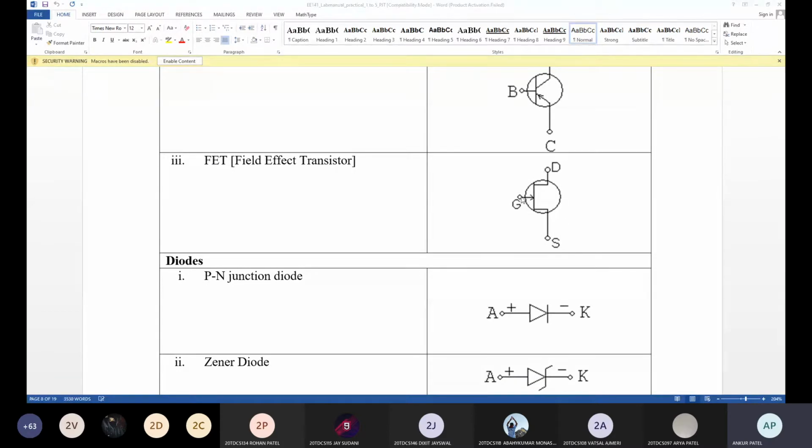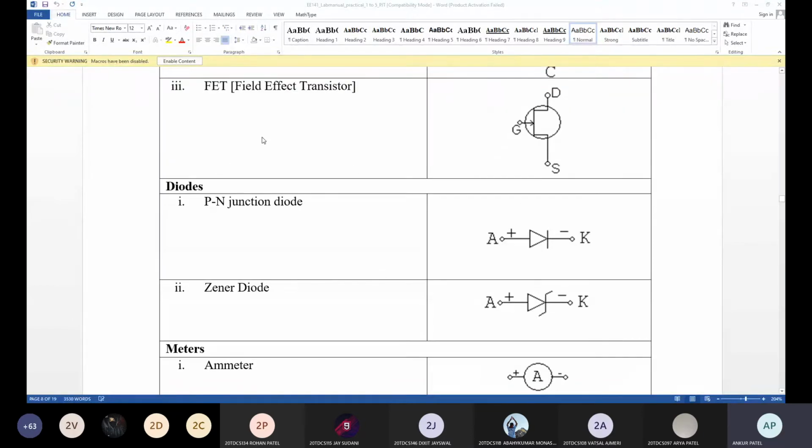On the gate, it is a voltage control device. Its output characteristics are controlled by the input voltage. So on the gate of the FET, we are giving voltage instead of current. Ig equals 0 for this, and we are giving voltage, so it is called a voltage control device.